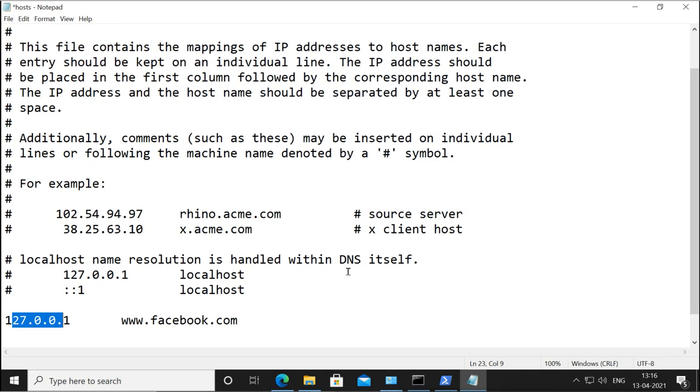So when I give this name and IP, that means facebook.com means this IP. So whenever you try to access facebook.com, it will always loop inside your system and it will not reach facebook.com, because it will not check the DNS. It will always check the host file first, and it will get the record from here. It will not be able to connect to this site.